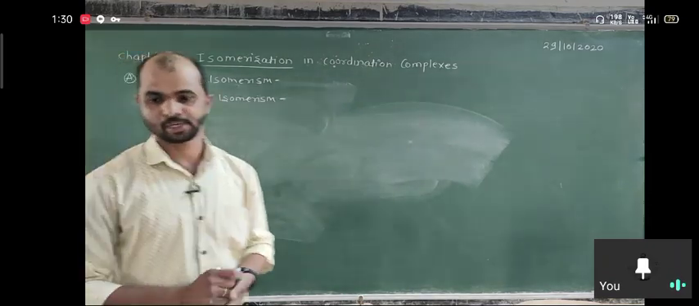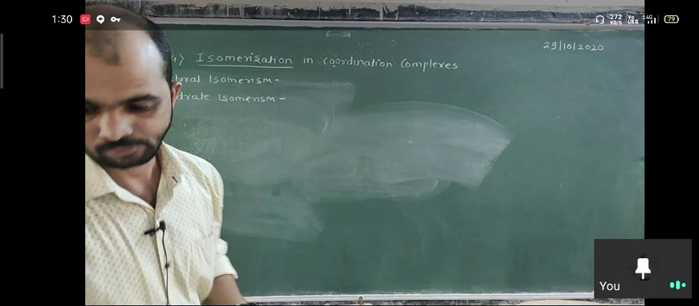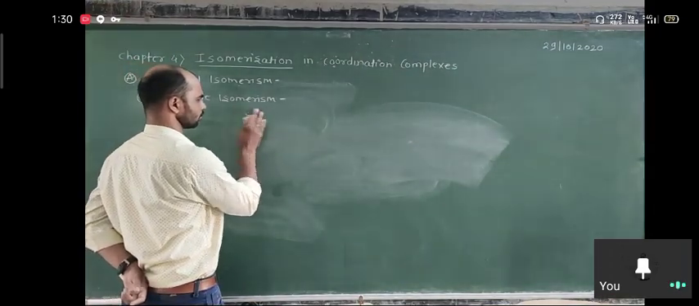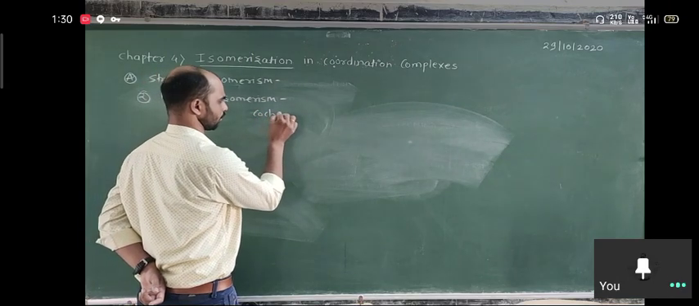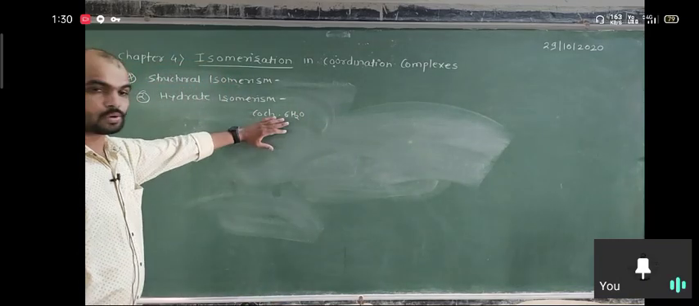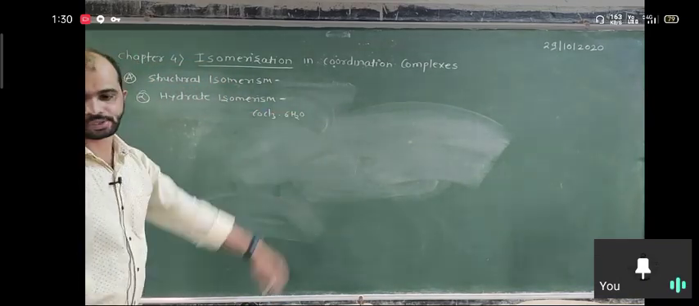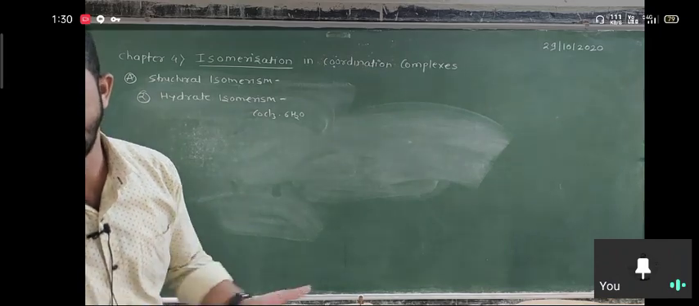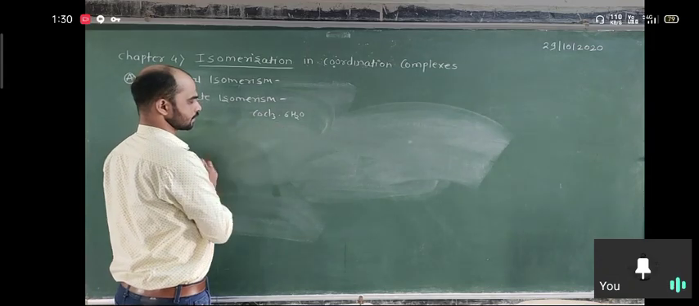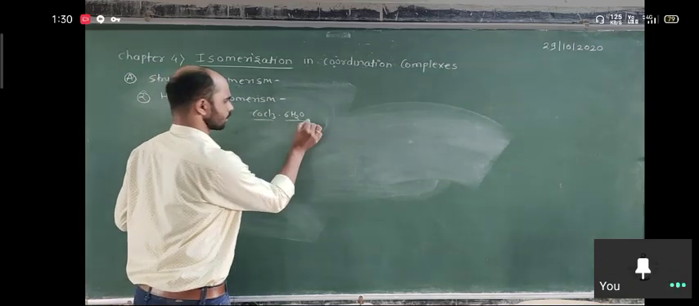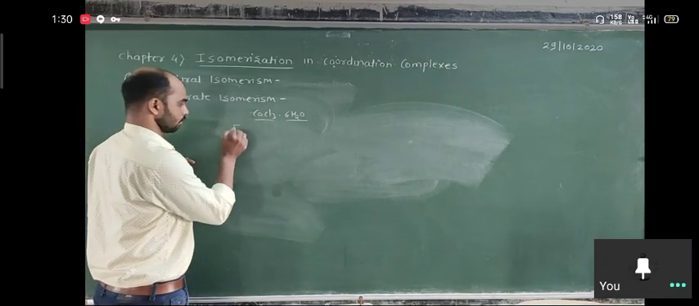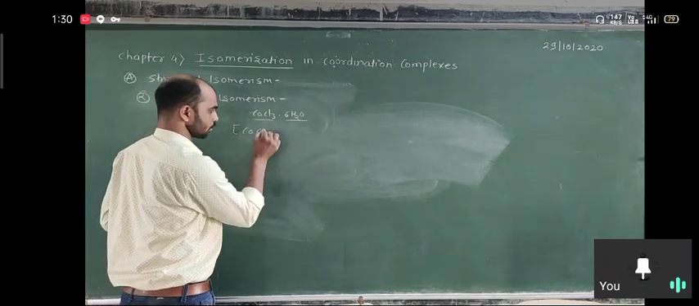Let us see the example here. For that, consider the simple compound CrCl3·6H2O. In the notebook Cr is given, but it is written as CoCl3·6H2O here. This is the compound when dissolved in water. This complex has three different types of isomers, in which all the water molecules are part of